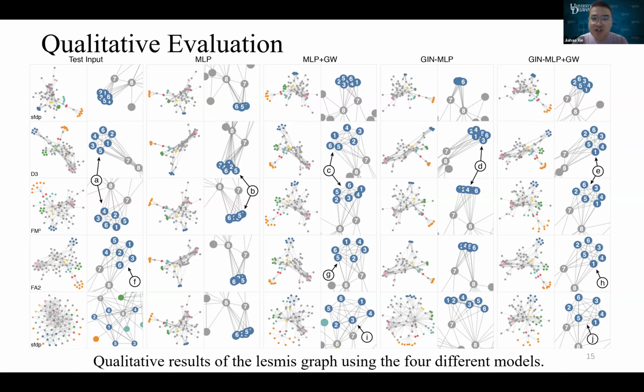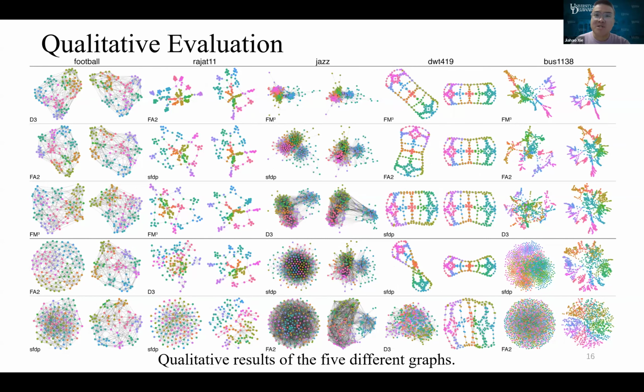And this observation demonstrates that the model learns to generalize concepts rather than memorizing specific examples. To demonstrate the proposed models with more graphs, this figure shows the qualitative results of 5 different graphs using the graph isomorphism network MLP model for the football graph and the graph isomorphism network MLP plus GW distance models for the other graphs. The first 3 rows show that the proposed models are capable of many different styles of the